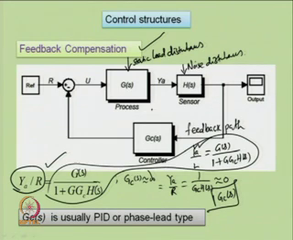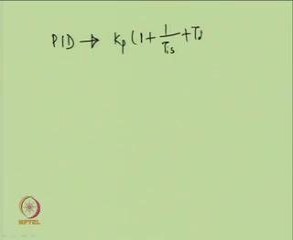Now, what type of controllers are often used in the feedback compensation scheme? G C S, the controller, is found to be of PID type or some phase lead type. It is often found to be of phase lead type. What are those PID type or phase lead type of controllers? We can find their transfer function forms. A PID controller can be shown in the transfer function form as Kp (1 plus 1 upon TI S plus TD S),